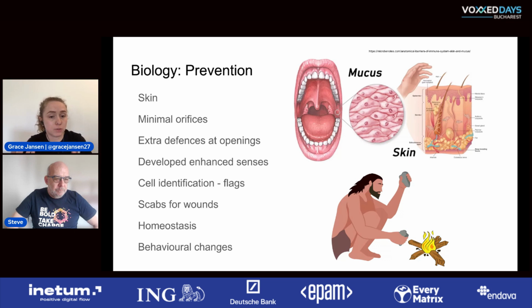We also have developed sensors. So we have a really great sense, I mean, not compared to dogs, but our sense of smell, for example, is pretty good. If you go into a milk carton or a milk can and you smell that it's off, you're not going to drink it because you know it's not going to be good for your body. So having these developed sensors to be able to see, oh, that food looks a bit moldy, or oh, that milk doesn't smell right. Having these enhanced sensors, again, is prevention of getting that infection in the first place.